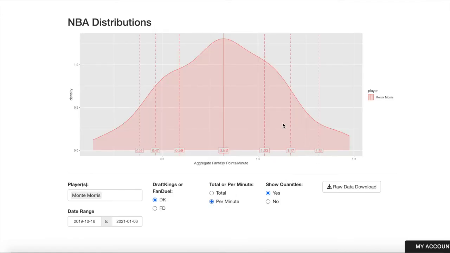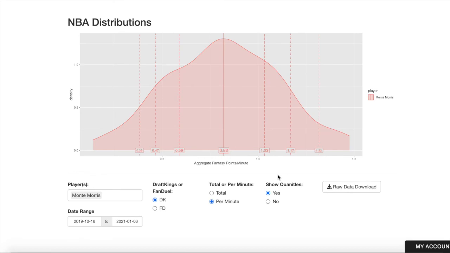If his ceiling per minute is just above 1, and all of a sudden he's in some role where we're projecting him for 30 minutes per game, let's say, I think we could see how he all of a sudden has access to a ceiling that's quite different, and extrapolating that via per minute efficiency, I think is